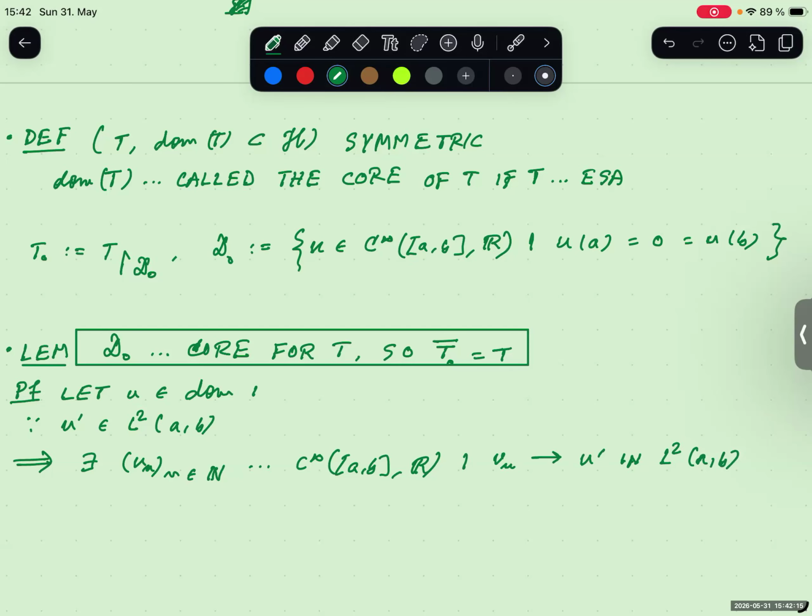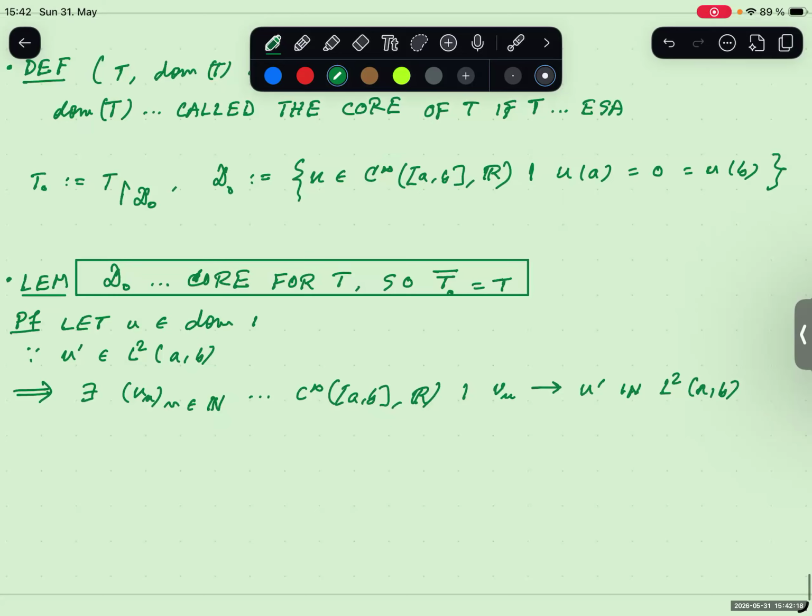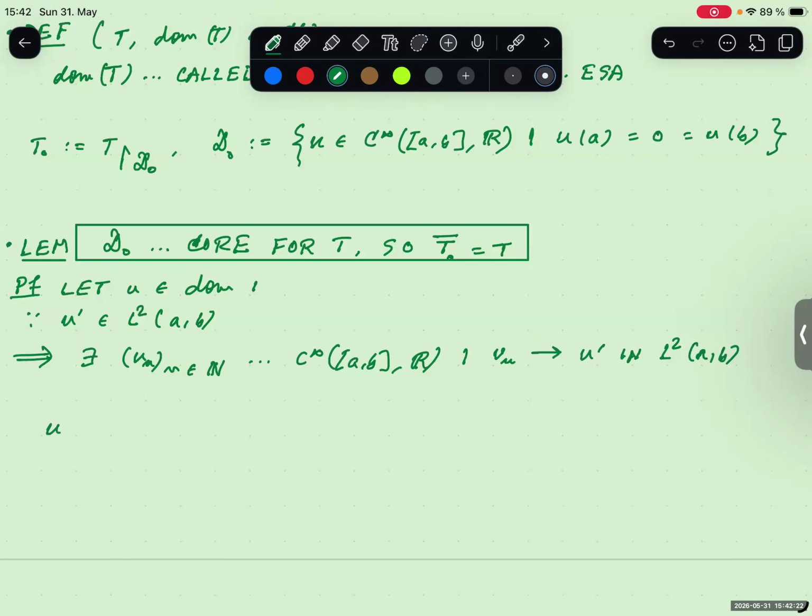Now what are the elements of this sequence? So we define u_n as a function of x: u_n(x) is the integral from a to x of v_n(t) dt, that's more or less like the earlier definition we were using, plus now this error or approximating term: (x minus a)(b minus a) inverse times the integral from a to b of v_n(t)